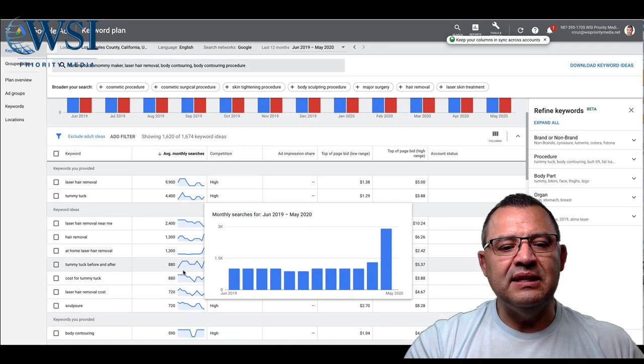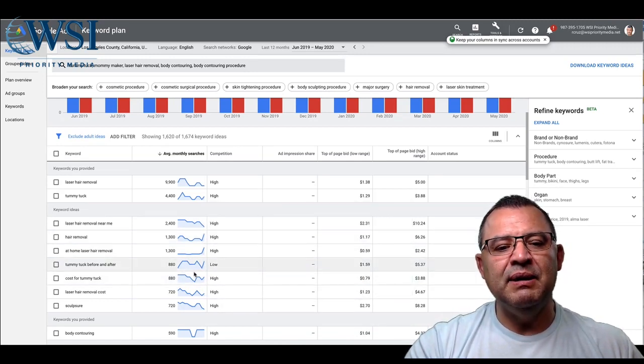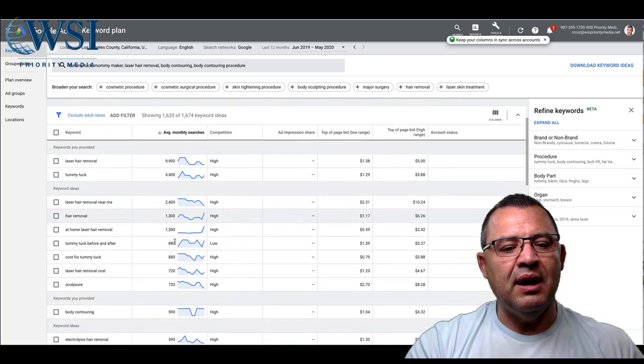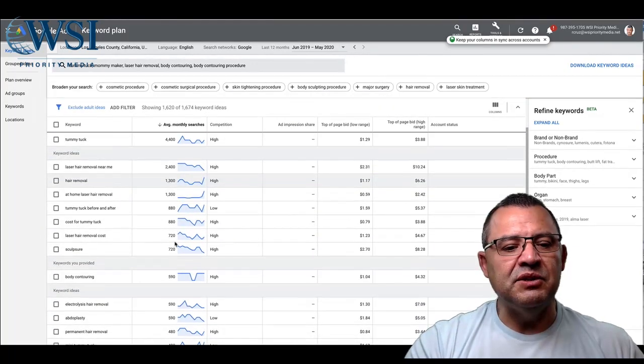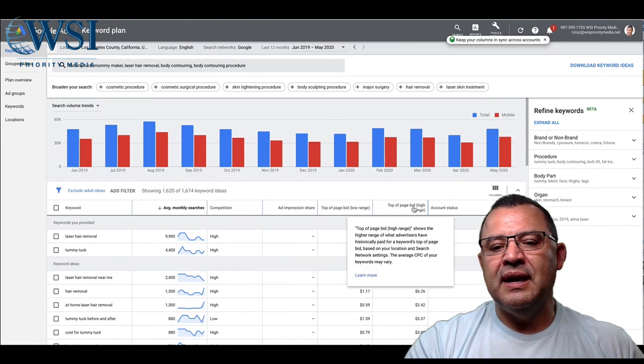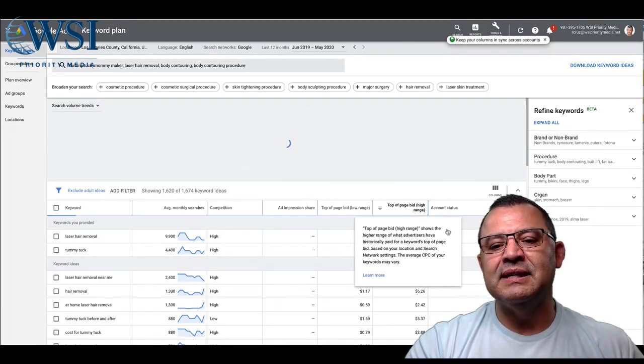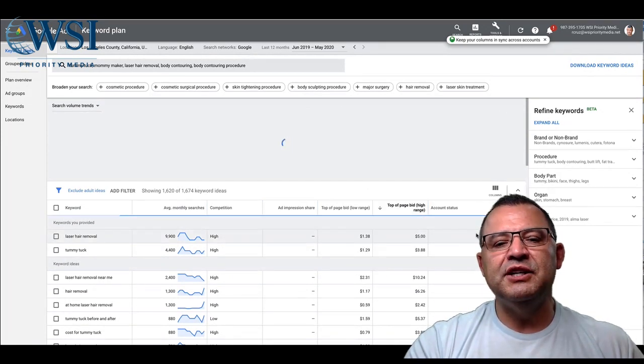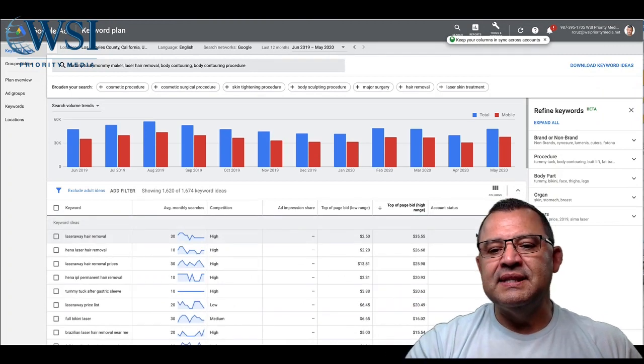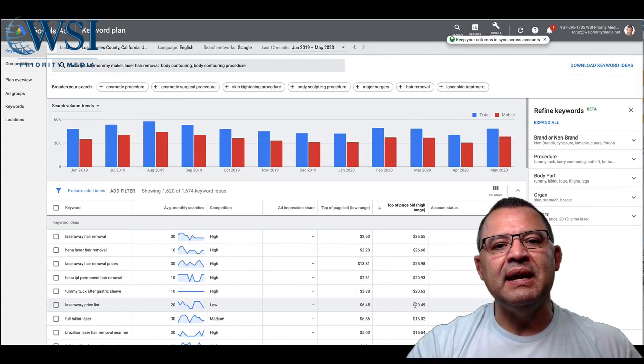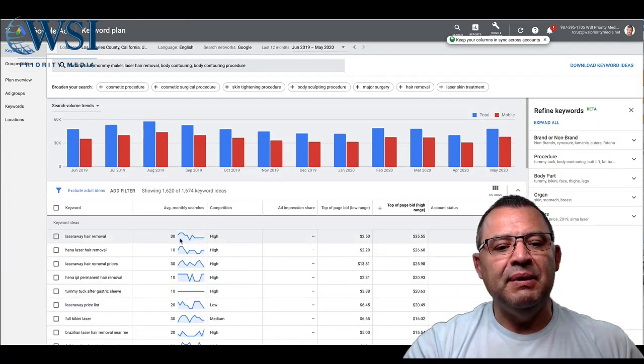So, it's neat to be able to spot some opportunities by being able to use this tool and then searching by the most common search terms. And it gives you a lot of data. What I like to do next here is I like to see where the money's at. Ever see that Jerry Maguire movie, Show Me the Money? Well, what this does here, when you look at the top of page bid, that's showing you the money. What people are converting with and what they're bidding really high.